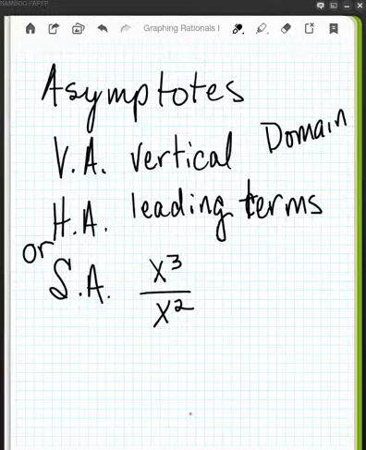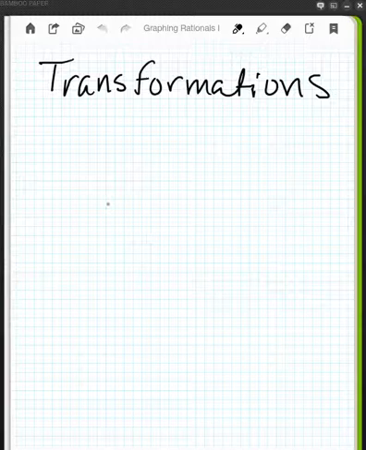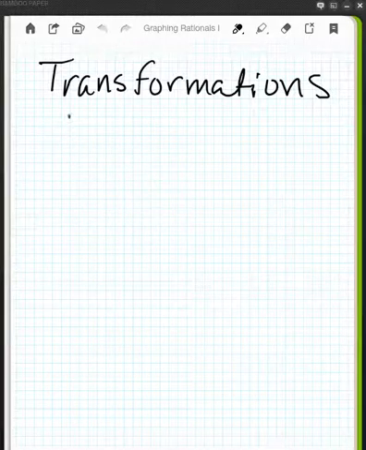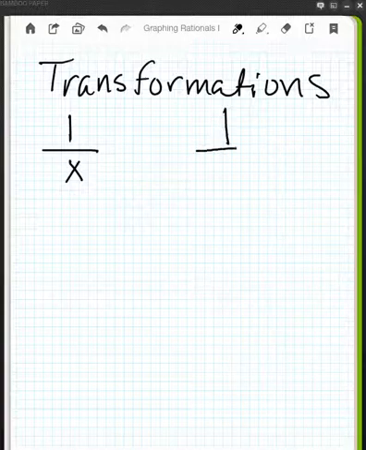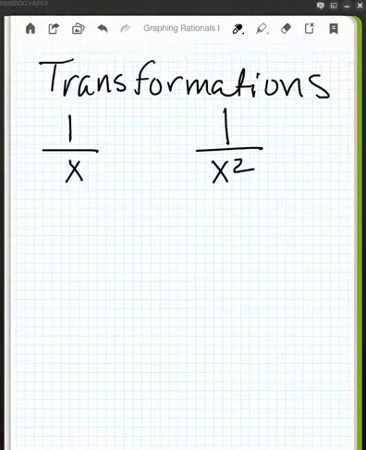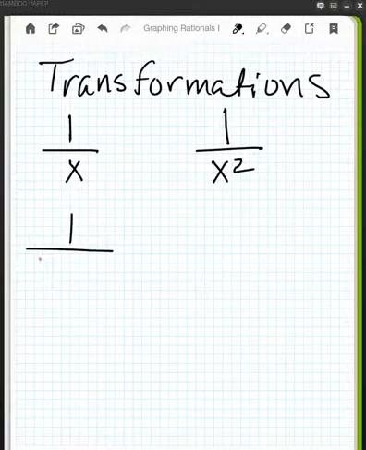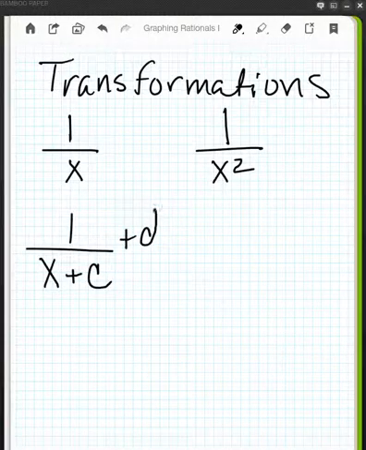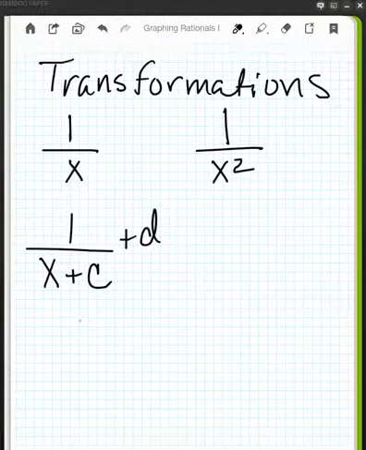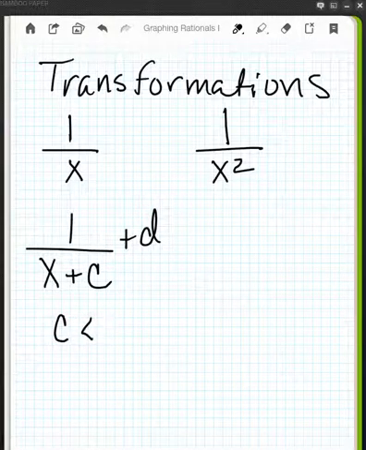All right, the last basic thing we're going to look at are transformations, and we're going to specifically look at transformations of the function 1 over x and 1 over x squared. And those transformations are going to follow the rules that we talked about earlier in the semester. So if we had something of this form, then C would be determining the horizontal change, and D would be